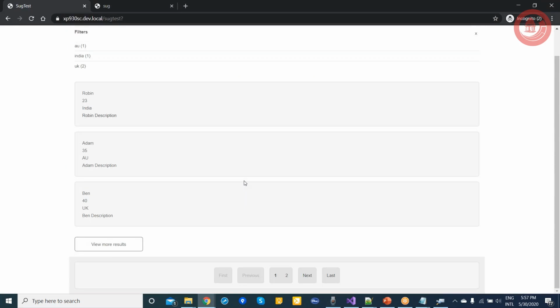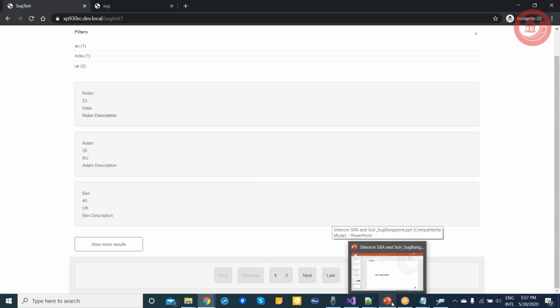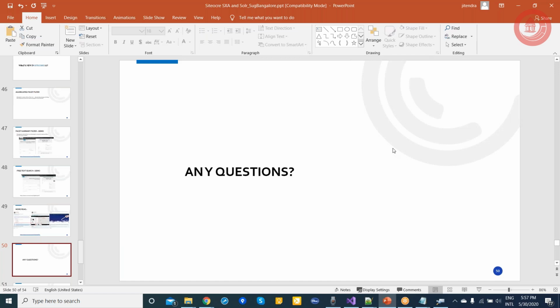Okay. Guys, if anyone else has any questions, you can unmute and ask yourself, or put it in the chat window. Anything else? Abhaidar has put a question asking to send details on the UI framework of SXA search and how to customize the UI. I can't see it in the chat window. Okay, I can see it now.